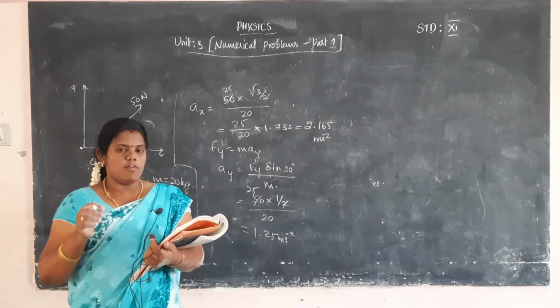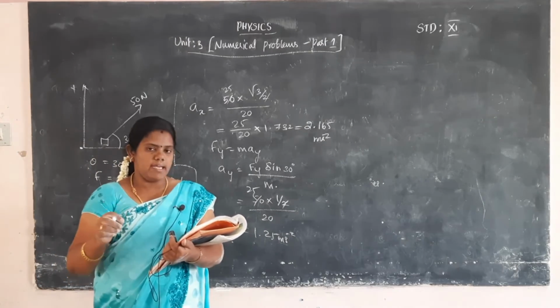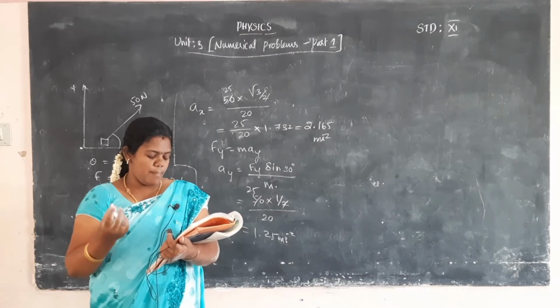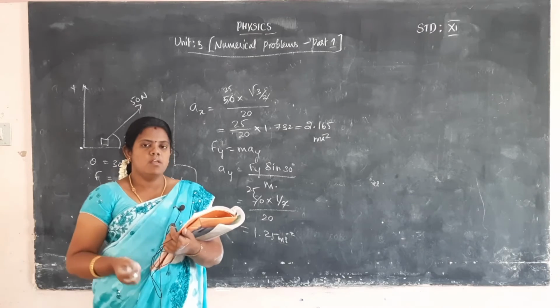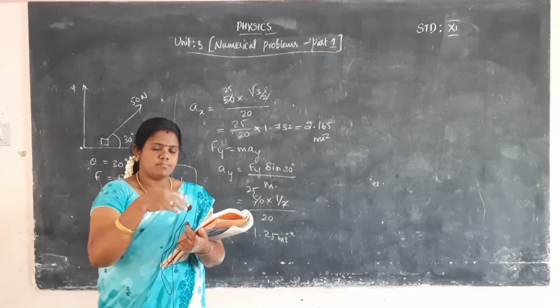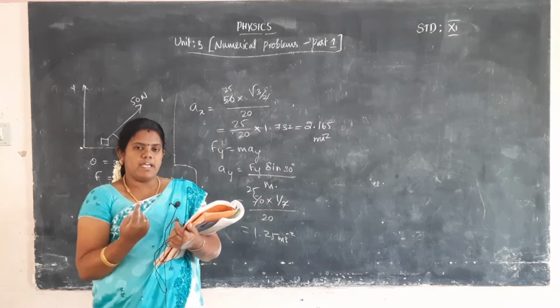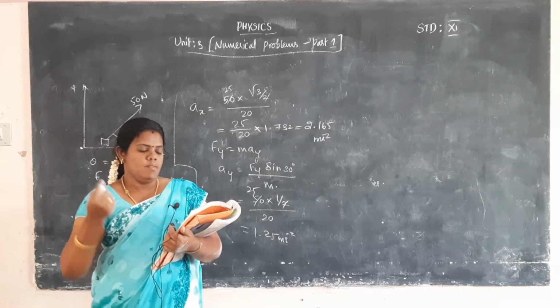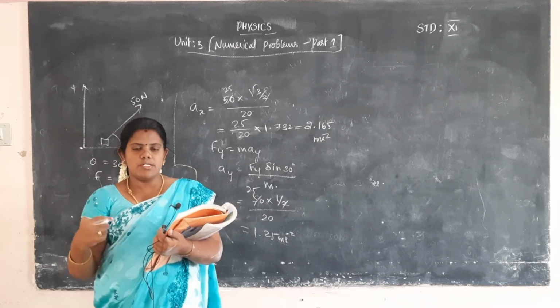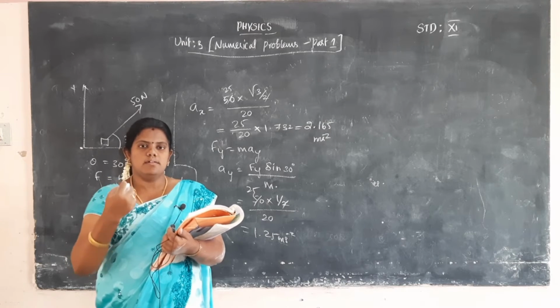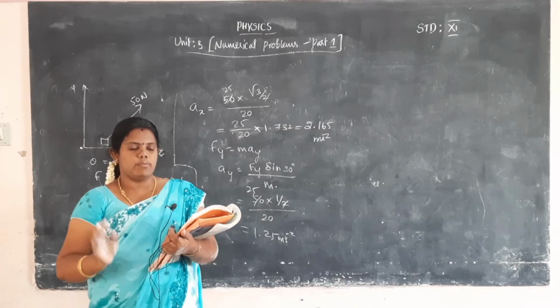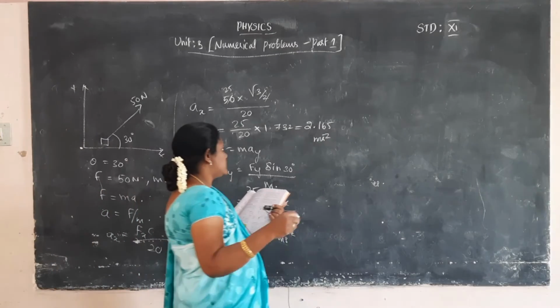A spider of mass 50 gram is hanging on a string of a cobweb as shown in the figure. What is the tension in this string? One spider will swing by using one web line. So what is the tension that the spider will apply on the web line? That is the question being asked.